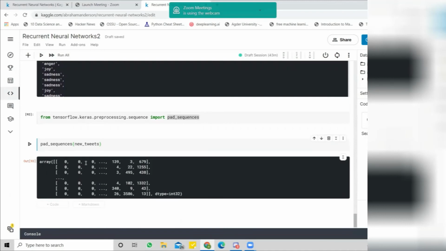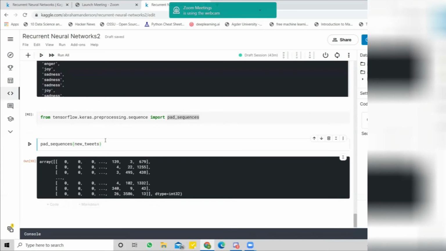According to the longest tweet, the size has been assigned to the entire set of tweets, but if some tweets are shorter, pad_sequences assigns 0. So it will not affect mathematical calculations for the recurrent neural network.